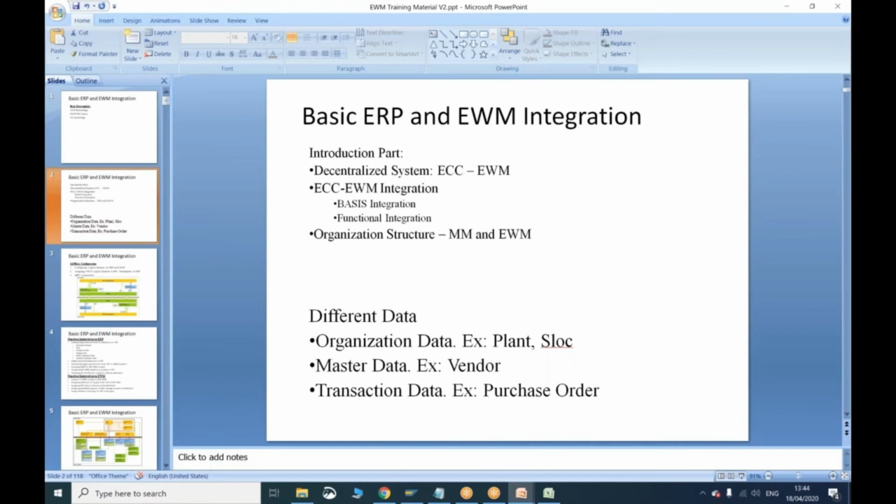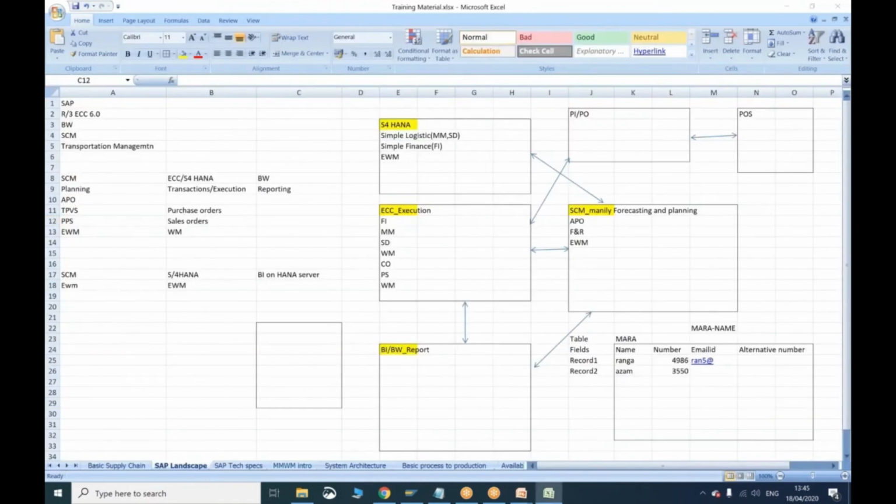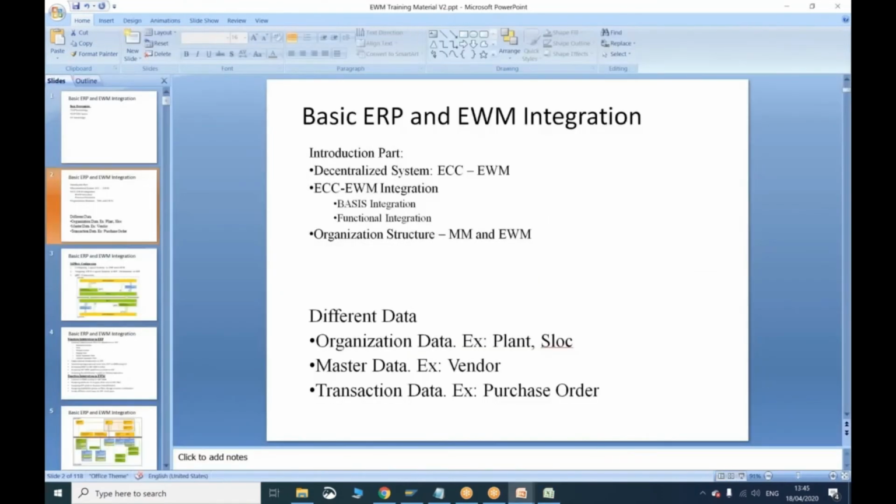When I say basis integration, basis is one of the modules in SAP. What does it actually do? Basis manages all the administration of any system. Like you have a system admin, right? In your desktop system, what does the system admin do? He will manage